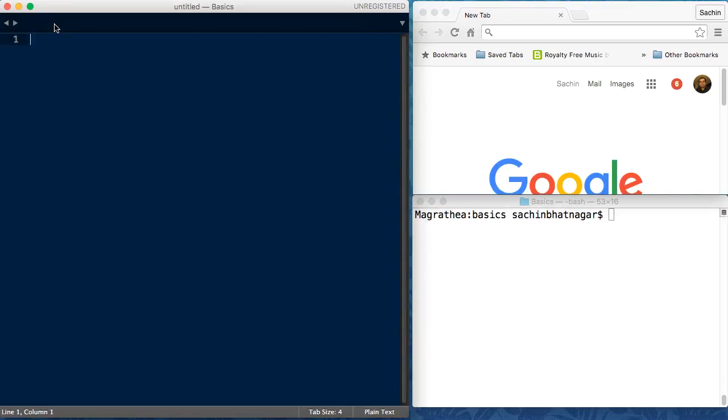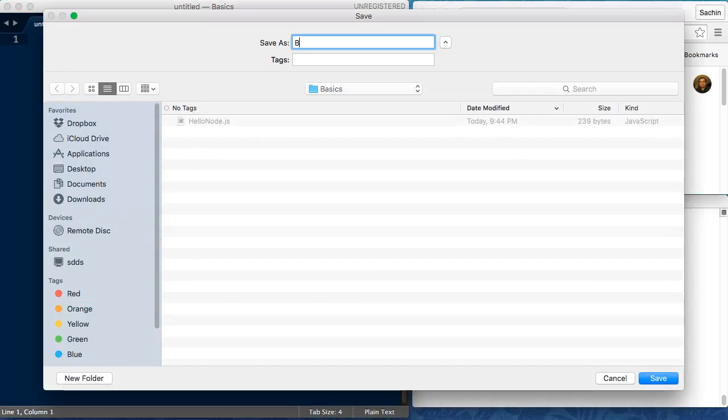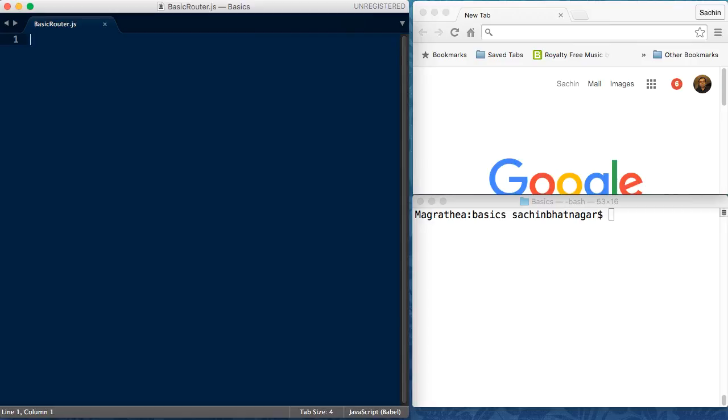So let's start by creating a new file and we'll call it basicrouter.js. Now, like last time and as a standard practice, type out "use strict" within quotes on the first line of your file to enable strict mode, which also lets us use ECMAScript 6 features in Node.js at the time of this recording. The first thing we'll do is bring in the HTTP module as we did last time,